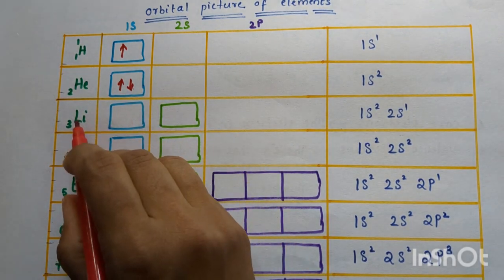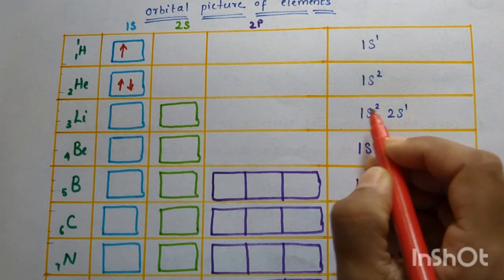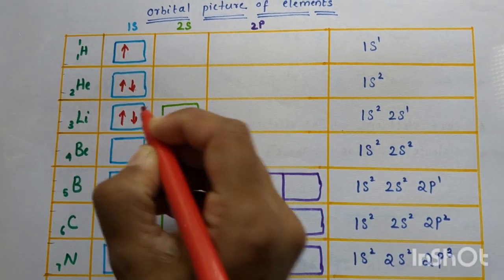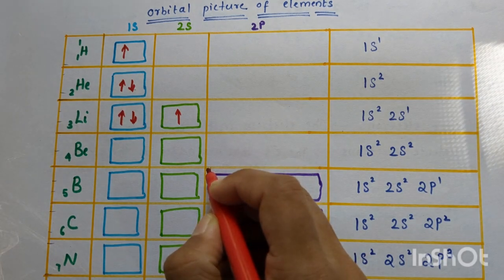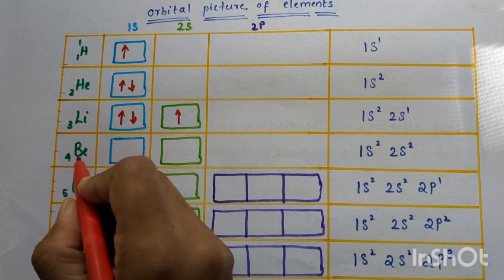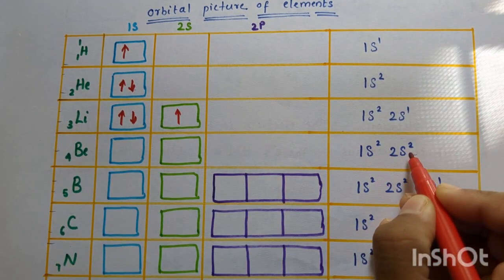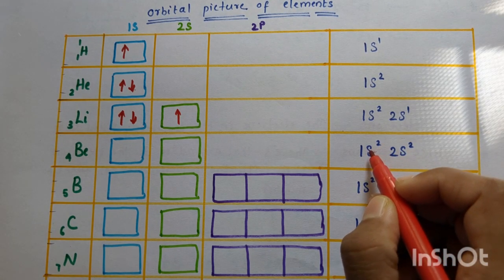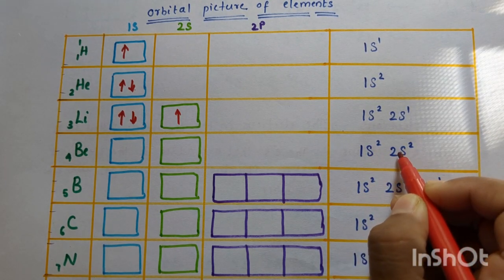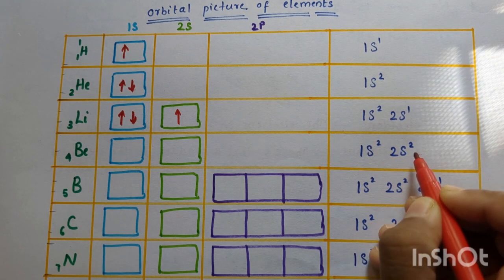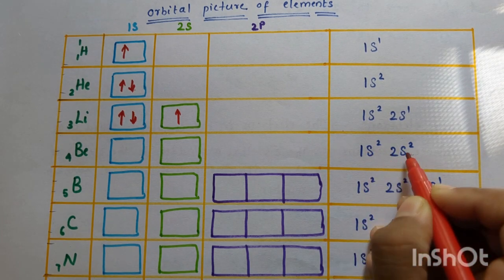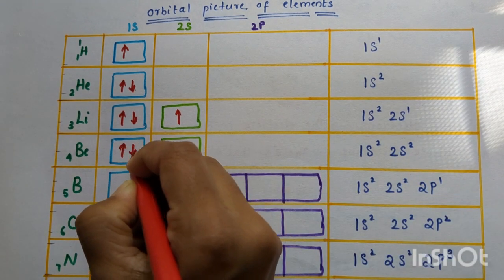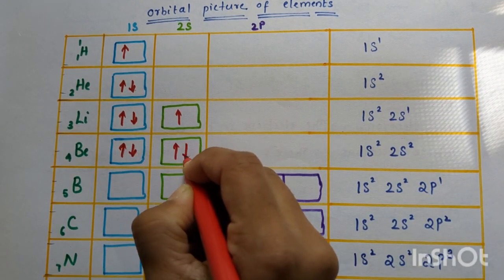Now if you consider lithium, its atomic number is 3. So 1s2, 2s1. So 2 electrons in the 1s orbital, 1 electron in the 2s orbital. Now beryllium atomic number is 4, so 1s2, 2s2, that is the electronic configuration. Because s subshell cannot have more than 2 electrons, so maximum 2, here in 2s also maximum 2. This is the order of energy levels or orbitals, so that is why we are writing it like this, 1s2, 2s2. So you see 2 electrons in the 1s orbital, spin up, spin down, 2 electrons in the 2s orbital,